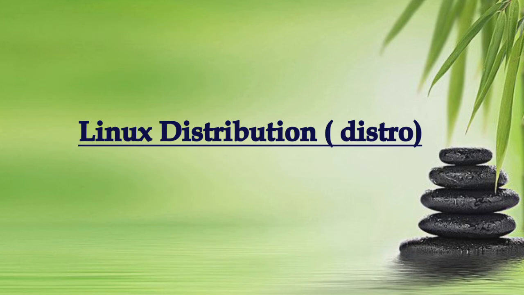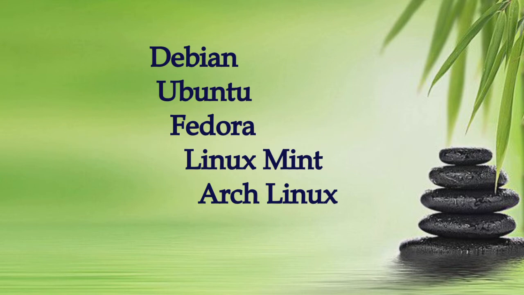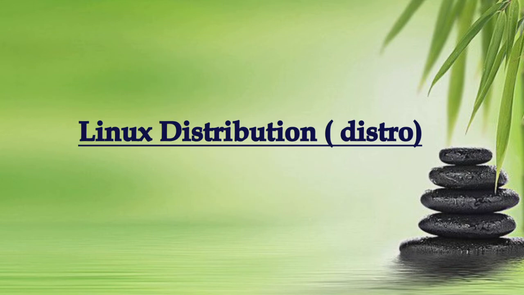And also you may be familiar with the word distro or Linux distribution. What was it? Actually, Linux is a packaged software. Packaged means when we load Linux operating system in our computer, along with that operating system, we will get some free softwares. That's why we call it a package. For Linux, there are different types of packages. Examples: Debian, Ubuntu, Fedora, Linux Mint, and Arch Linux. We call these packages distro.